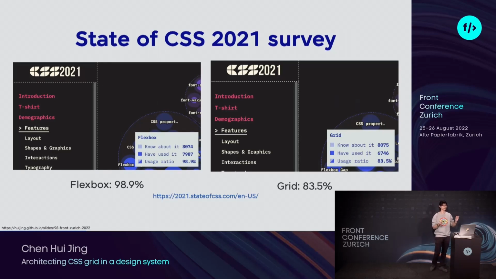And after seeing my 1000th "how to center something vertically" article, I'm not surprised it caught on very well. It's like everyone's favorite thing. And although this particular survey has a relatively small sample size, 8,000-plus developers, it did prompt me to wonder why the grid numbers are a little bit lower than I expected.